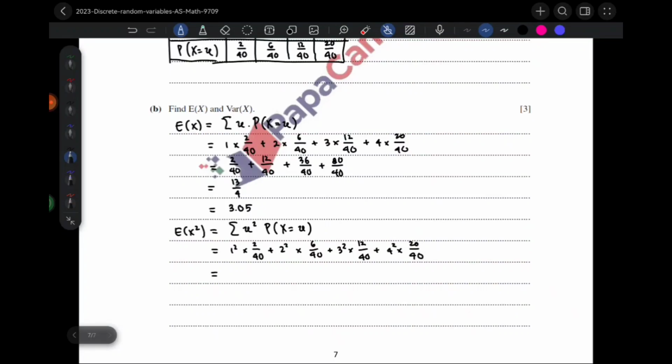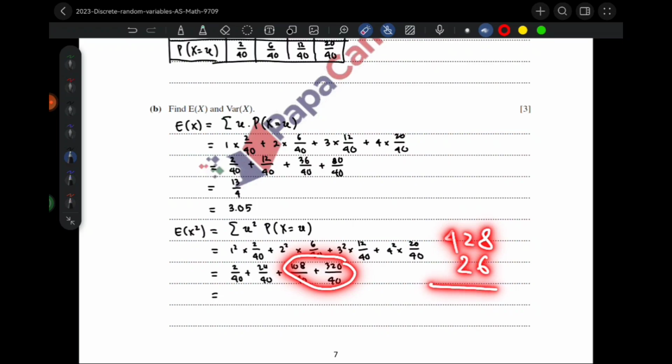Alright, and you have the value of this E(X squared). We have 26, this is 2, and this is 24, and this is 9 times 12, 108, plus 320 over 40. This is 428. 428 plus 26 gives us 454